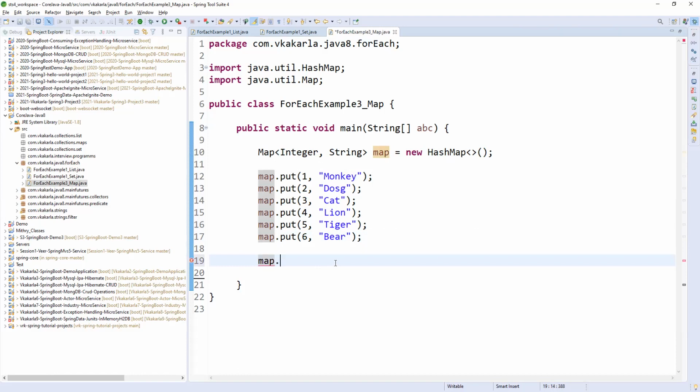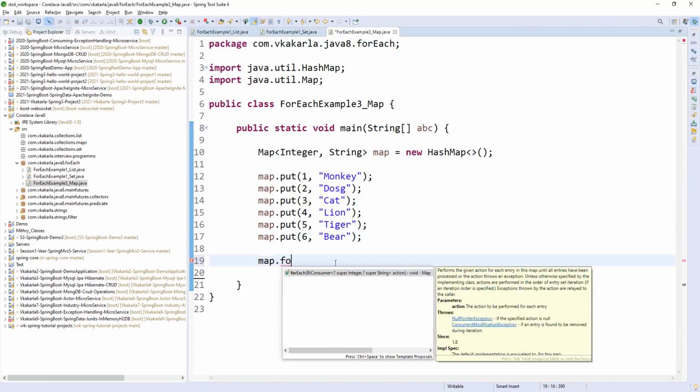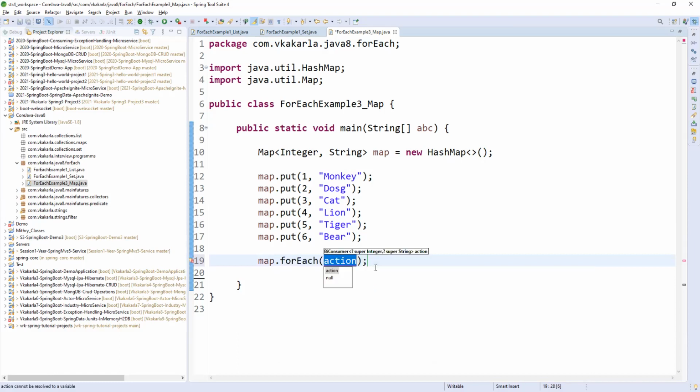So you know, right? Map dot forEach. See, it will not map. We cannot take the consumer. This is what it is. It is taking by consumer. By consumer in the sense, I will explain when we are coming to the internal functional interfaces. So we are passing two-dimensional data, right? So that is the reason it will take two mapped arguments. So we need to pass two mapped arguments, key comma value. So key comma value, fine.